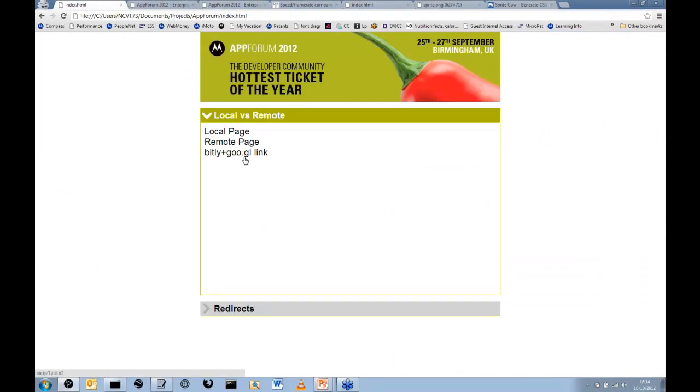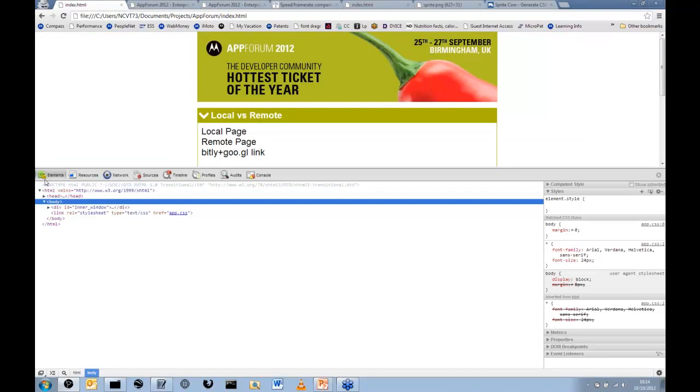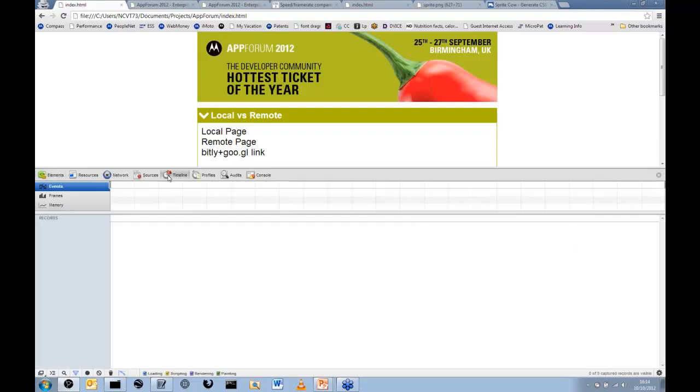So I've got another one which redirects twice. It's using the bit.ly and goo.gl services as URL shorteners. So I'm going to now use Chrome's developer tools by pressing F12. And among the tabs they have here, the timeline tab is one we'll be using. So this will record what's happening in the network side of things and how the loading is going, and also JavaScript timings. So if I start recording and hit this link,